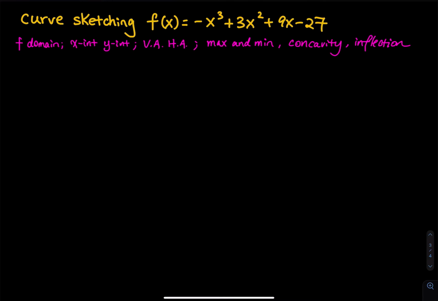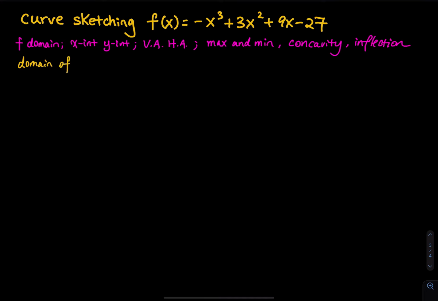Sketching the curve of this third-degree polynomial using a bunch of details like the domain of the function, x-intercept and y-intercept, vertical asymptote, horizontal asymptote, local minimum and maximum, concavity, and inflection point. So let's start with the domain. Since this is a third-degree polynomial, the domain